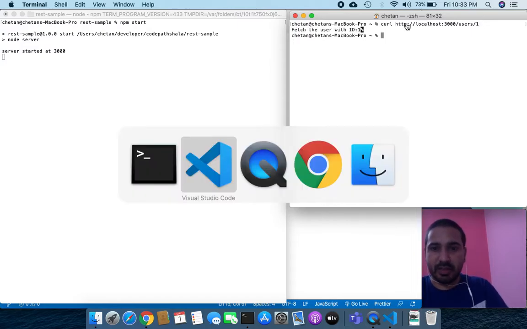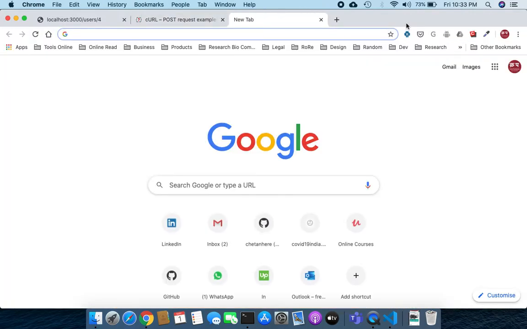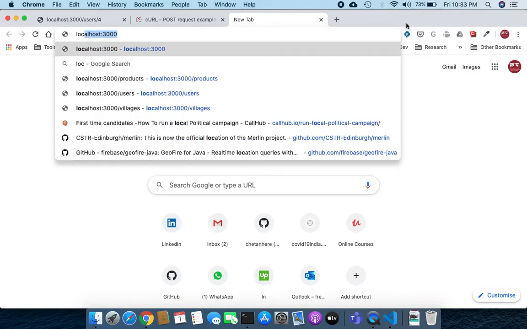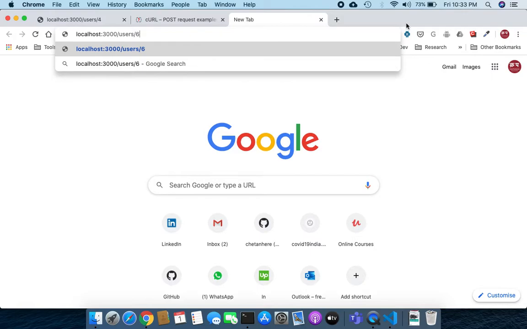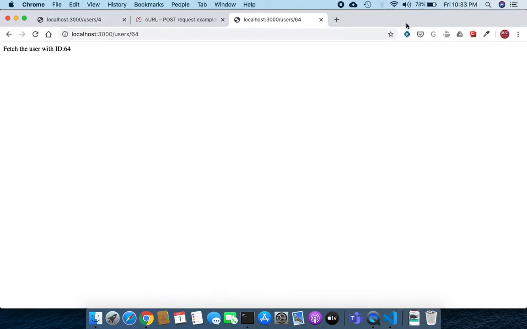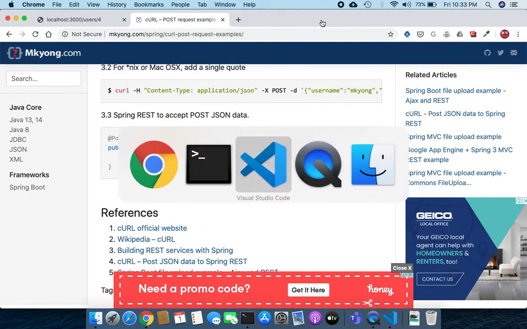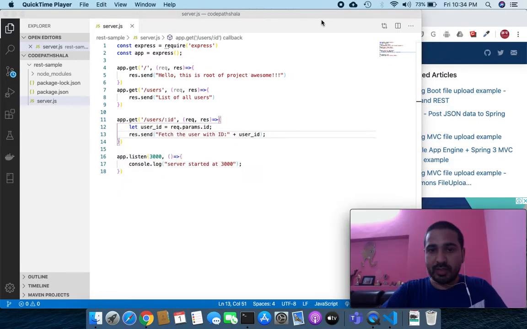So it's returning it. And let's say here, if you want localhost and users, and here I want a user with ID 64, so this is 64. So I can replace this 64 with this parameter and can fetch this data against this parameter from the database and can return it here this way. So this is how we do this stuff.